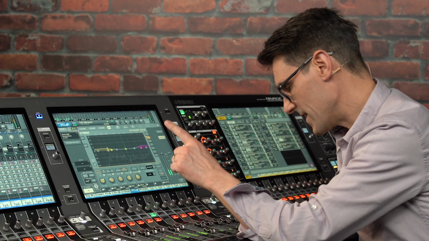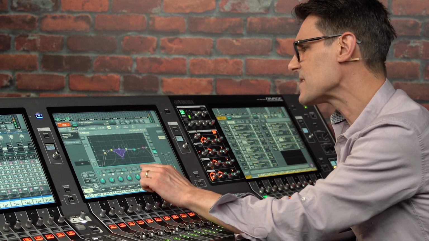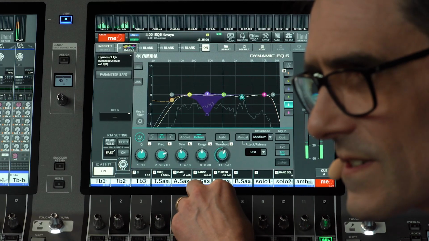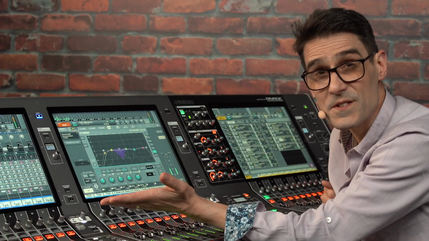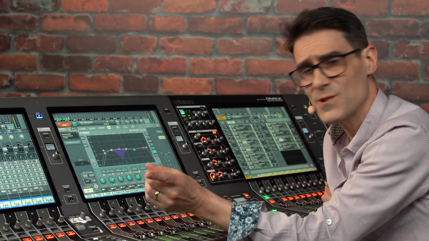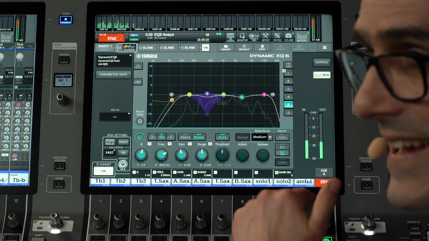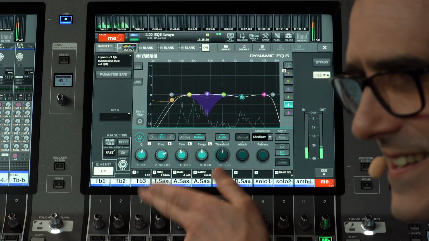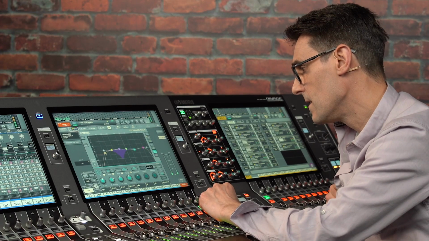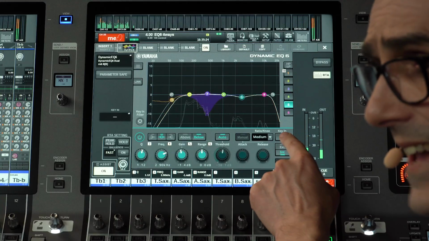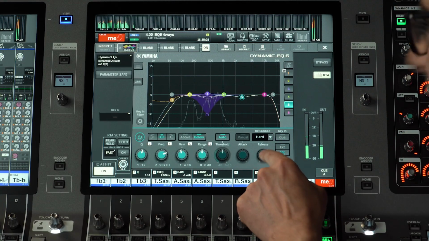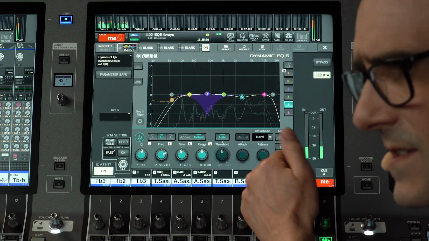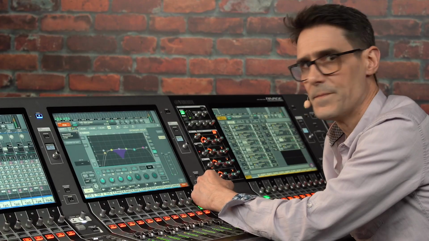Once you've decided the type of behavior that you need, it will be time to set the threshold. If you don't have time yet, or the input source isn't ready, switch on auto and come back to fine-tune it later. The ratio can be soft for subtlety, medium, or hard for a more pronounced change.